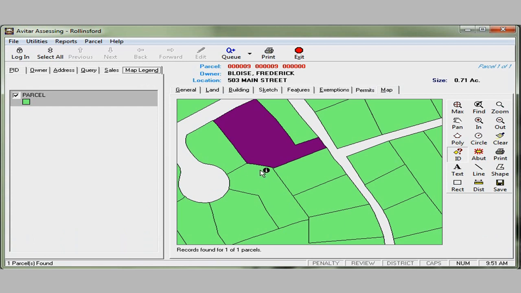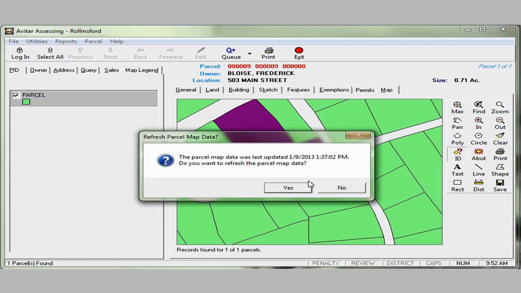And that's how you add the parcels layer to Avatar Camera. And you do have to do this for each computer. And you can load the shape files locally, or you can add them to a town server, and everyone looks at that same file. In the next screencast, we're going to show you how to theme the layers,